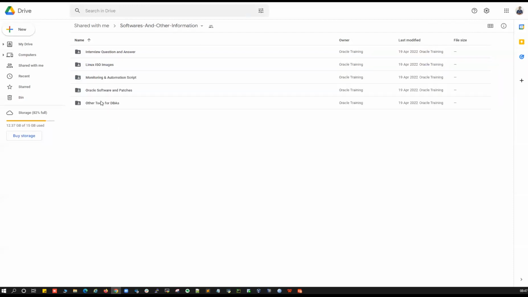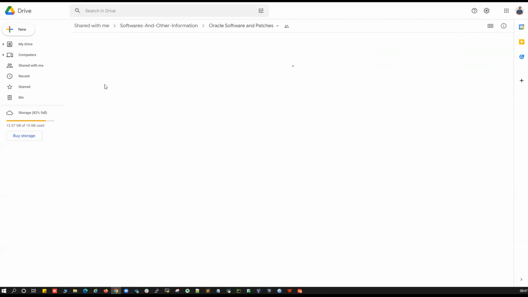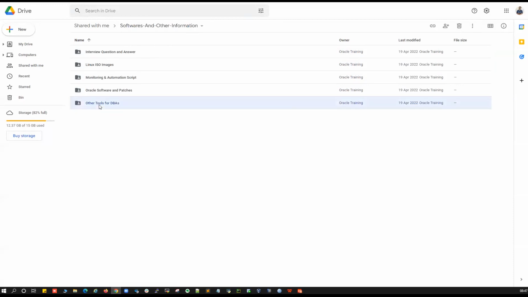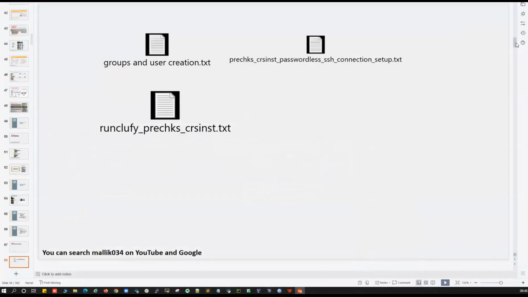And coming to this third folder, that will be all the software you need. If I go to Oracle software here, you can see your 11G software, your 12C software, your 19C software, and all those things, right? So you need not download it from Oracle delivery. You can directly download it from here and use it. Apart from that, there are some other tools for DBAs, some monitoring scripts, and some ISO images. You can download all of those from here. You need not go to Oracle delivery and download from there. Right, so that's pretty much about